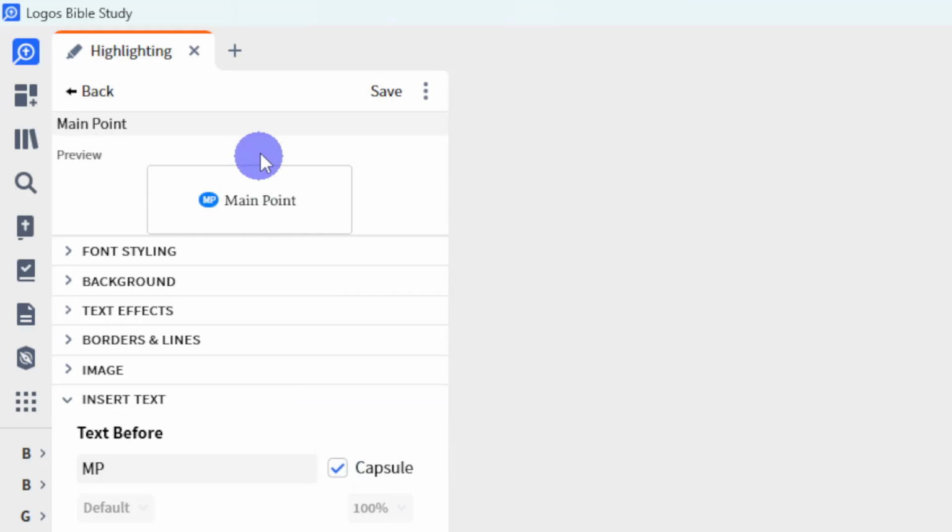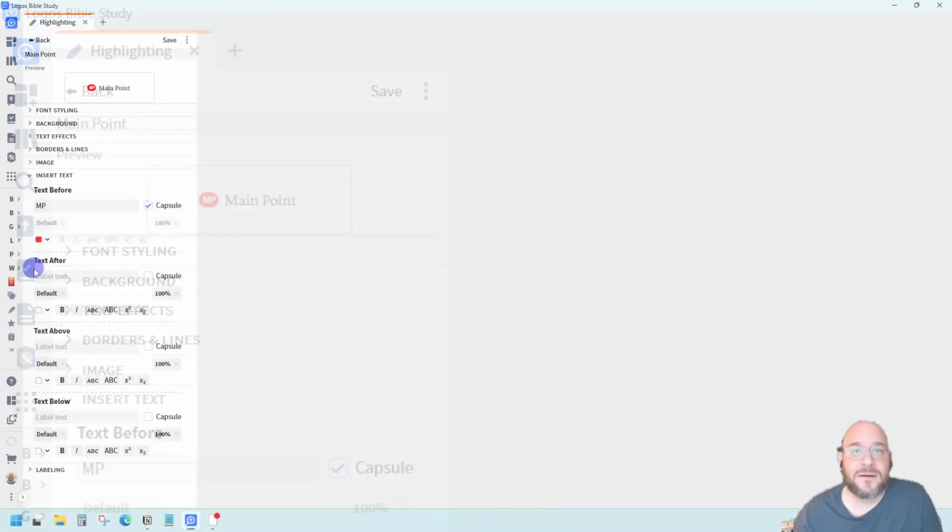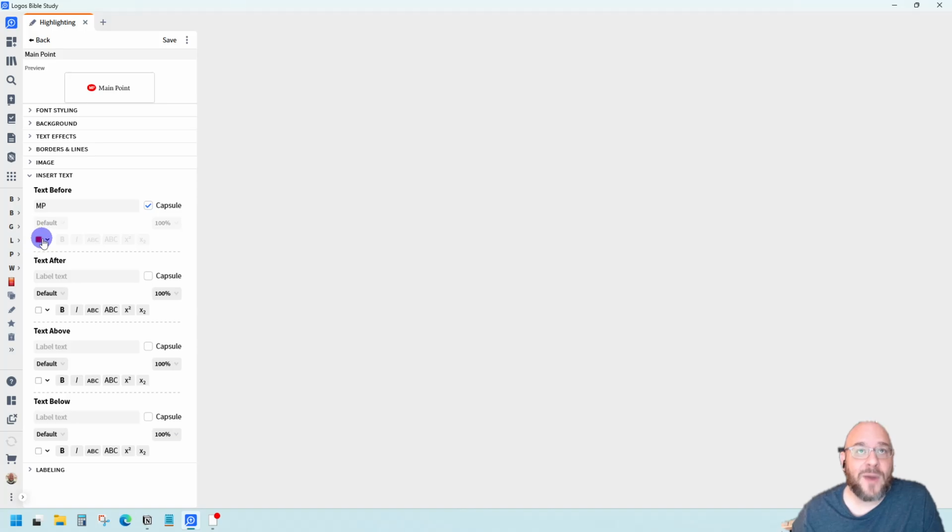When I click on that, look at what it does. It goes straight and makes it MP in a blue circle. Now that to me sticks out. This is actually one I use for main points in books. And you're able to change the color by going right here, and it will change the color in that capsule